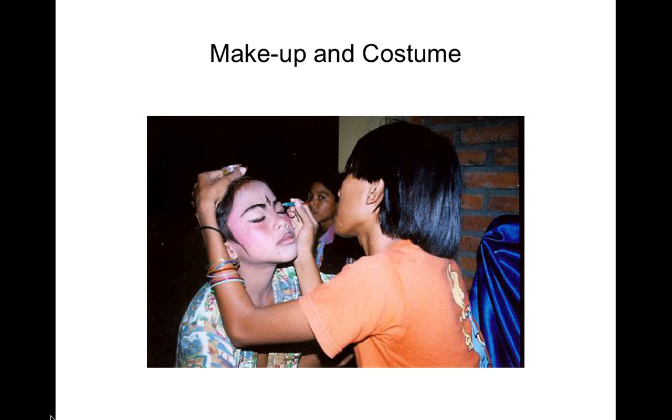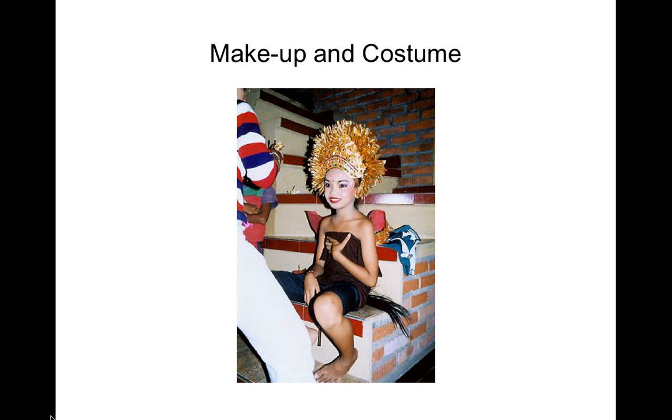And then finally, many performers wear headdresses, and headdresses are known as gelungan, and they are considered to be the most holy part of the costume, and they do a lot to indicate a particular character type to the audience. Usually before a performance, offerings are given to the headdresses because they're worn on the most spiritually important part of the body, which is the head. So this is make-upping, and then we can see one particular example of a headdress.